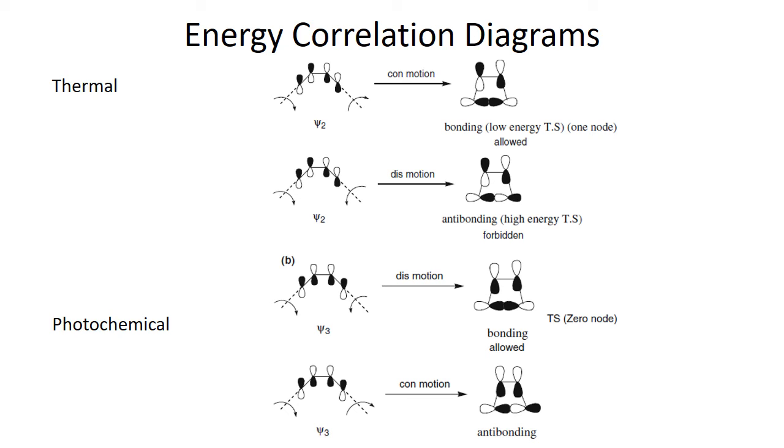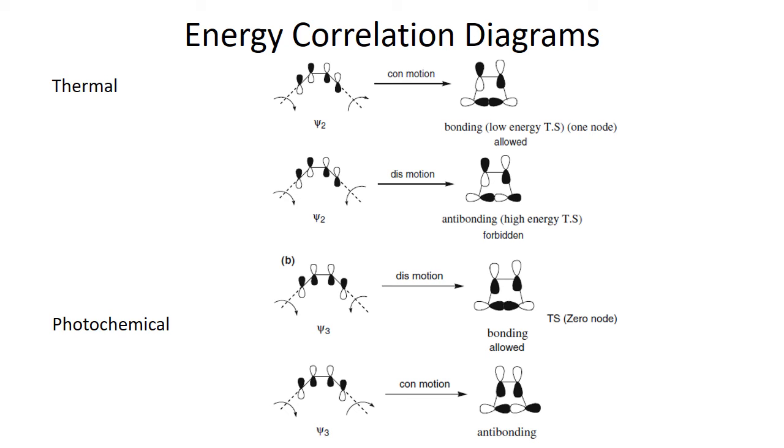But when we use an initiator like light, it excites an electron from pi 2 to pi 3. When electrons move from pi 2 to pi 3, the highest occupied molecular orbital changes. When it changes, it means the reaction chemistry is changed. Now the original molecular orbital of the reactant that has to undergo the reaction is changed. So here we are considering psi 3 or pi 3 for the disrotatory or conrotatory motion.